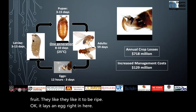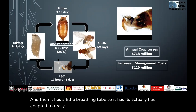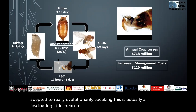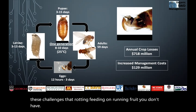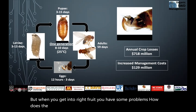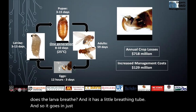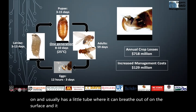And then it has a little breathing tube. So it actually has adapted. Evolutionarily speaking, this is a fascinating little creature because it's made these transitions and overcome challenges that feeding on rotting fruit doesn't have. But when you get into ripe fruit, you have some problems. How does the larva breathe? It has a little breathing tube. It goes in just on the inner surface of the fruit and feeds on that, and usually has a little tube where it can breathe out of on the surface, and it feeds there on the tissue,